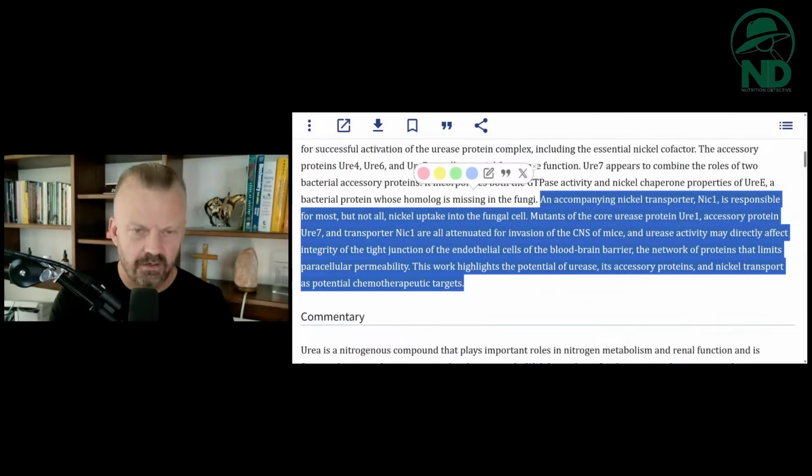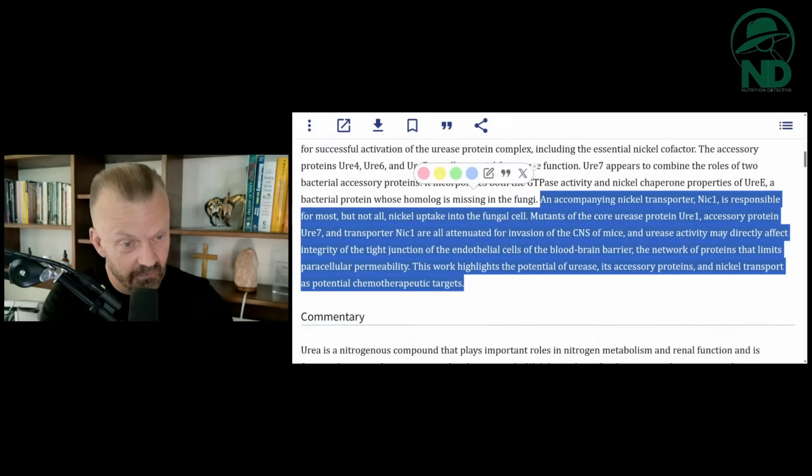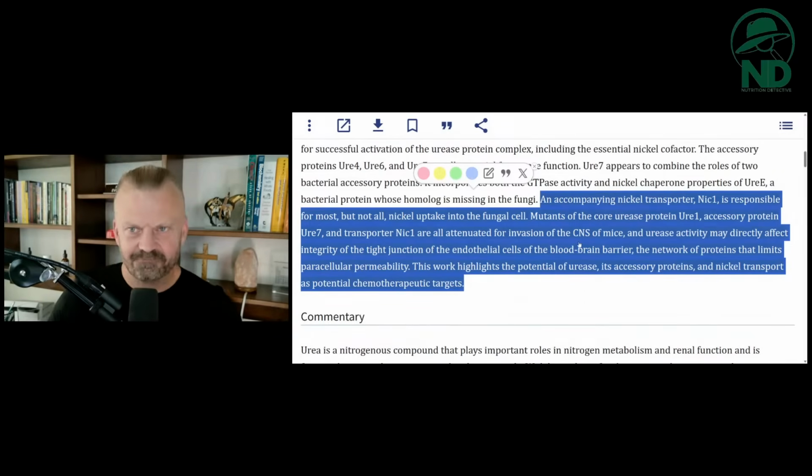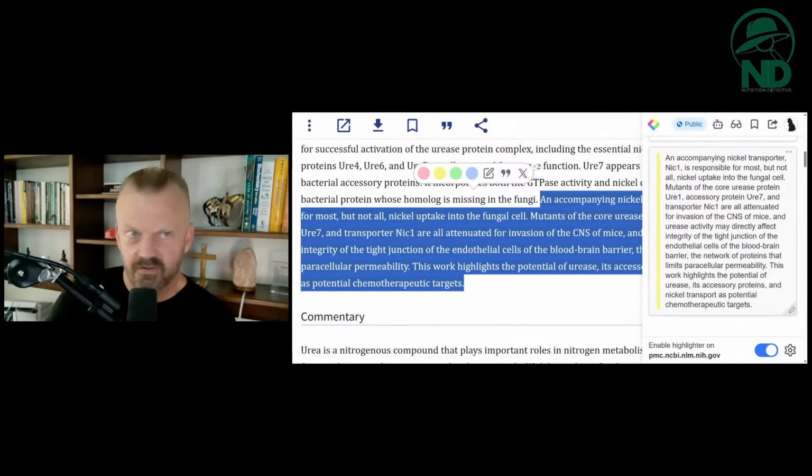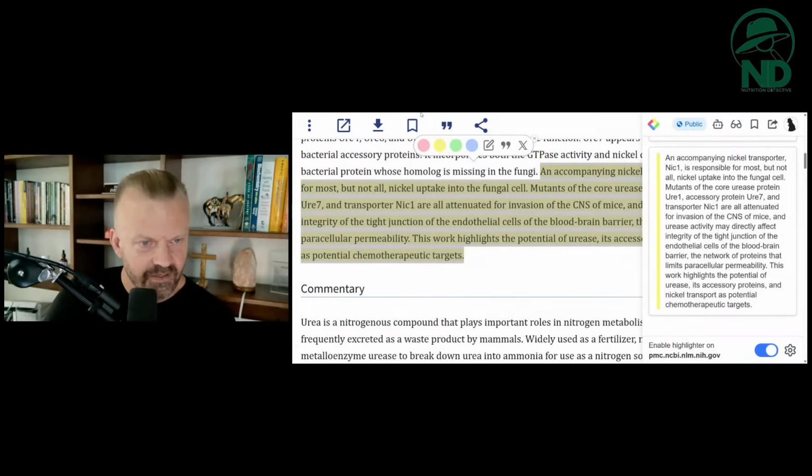So we normally think of chemotherapy with cancer. And obviously nickel goes along with cancer, but they're literally saying we could fix the nickel problem and starve the fungus. Okay. Let me see. Was there anything else? Nope, nothing else. So that's Cryptococcus. Let's get into